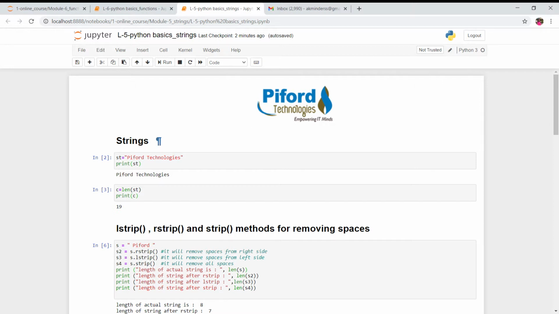So let's begin. Over here I have a variable st, and in that variable I have stored a string value. Strings are always stored in double quotes. Python Technologies is a string stored in the st variable, and here I'm showing you how to print this. Now let's suppose you want to check the length of this string, meaning how many characters are there. Then you can simply use the length method. And remember, when you use this length method, it will count the space also.